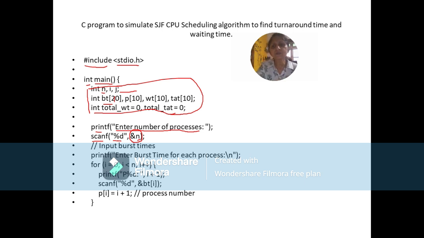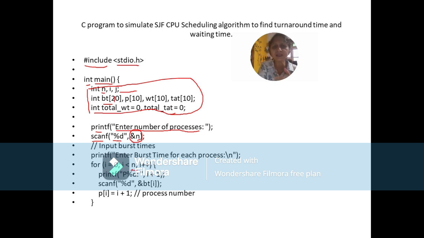In this case I have used a for loop because I know how many times I am going to accept the value of our burst time array, that is, the burst time of n processes. So this is a finite number of repetitions.